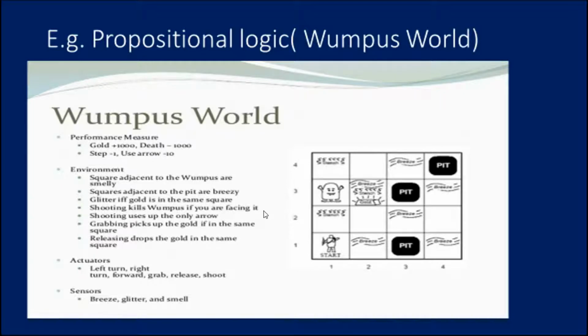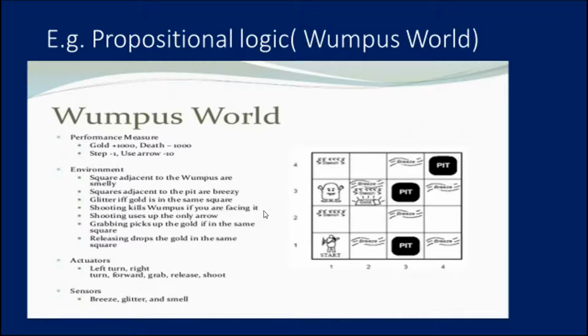So this is a diagrammatic representation. It shows some rooms with pits, one room with the Wumpus, and one agent at the 1x1 square location of the world. There are also some components which can help the agent to navigate the cave. These components are given as follows.